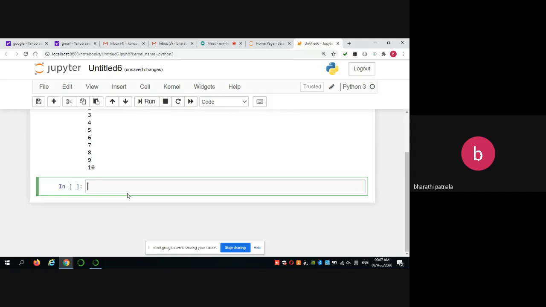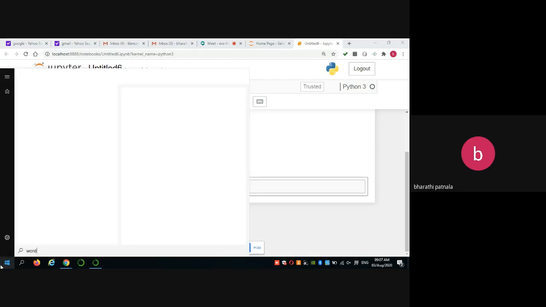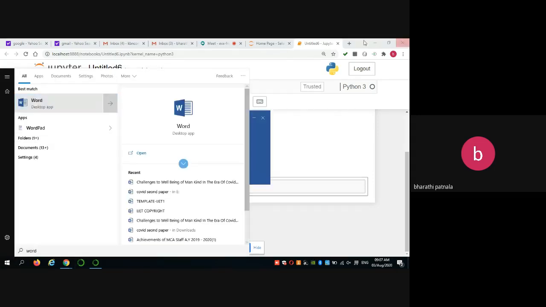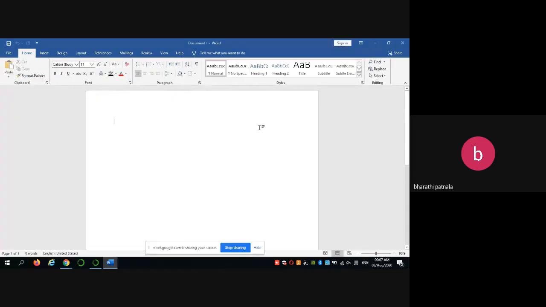In the for loop, the syntax is: for variable in, you have to specify some range or some tuple or some list, nothing but a sequence or array.